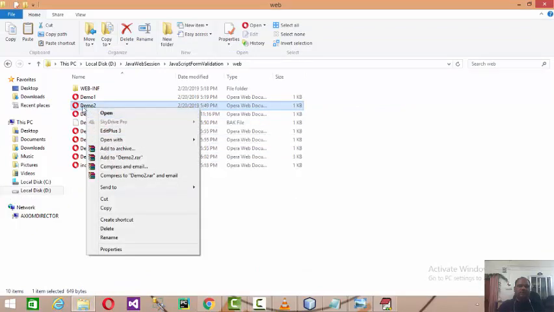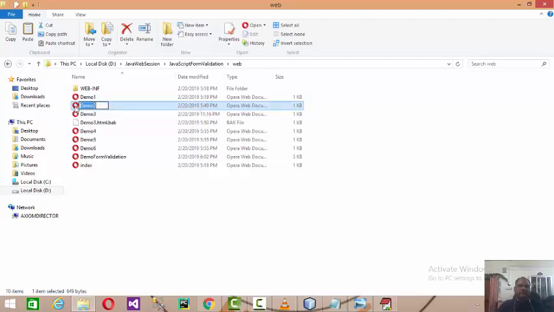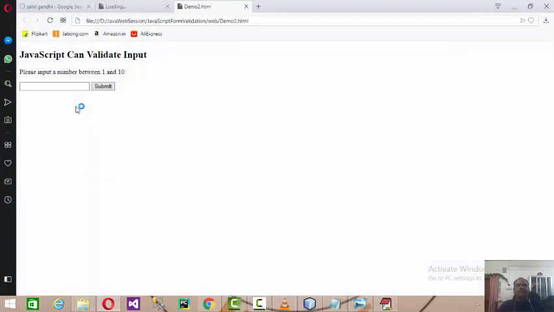We'll double click on this. Okay. Now JavaScript can validate input. Please input any number. If you keep it blank, then it will say input is invalid. If you input any alphabet, it will say input is invalid. If you enter 12, input is invalid.